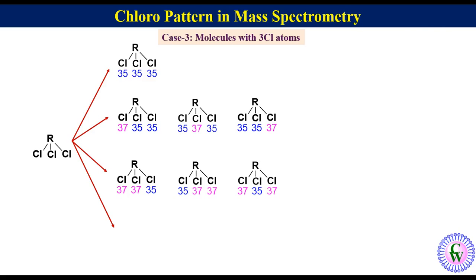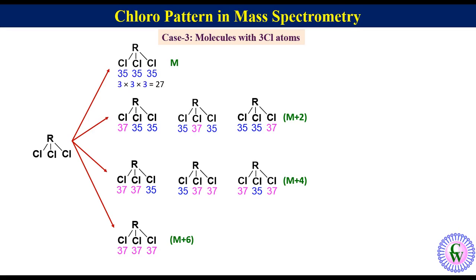And the fourth set will be molecules with 3 Cl37. These sets will correspond to M plus 2, M plus 4 and M plus 6 masses. Since the relative abundance of Cl35 is 3 and that of Cl37 is 1, the probability of finding these combinations will be